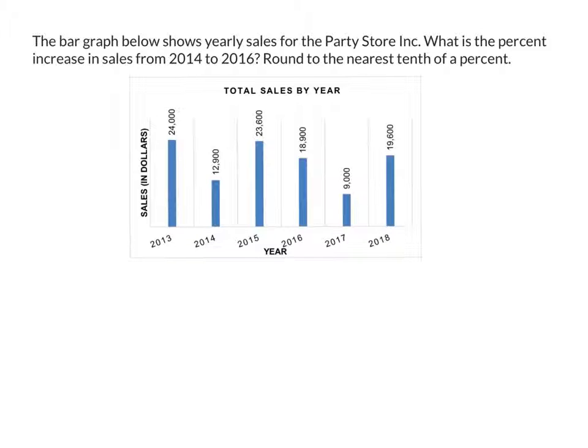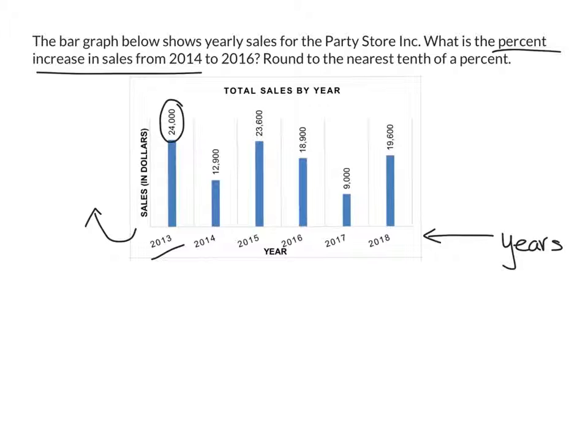Here we're given a bar graph, and notice the horizontal axis tells us the years, and the vertical axis tells us the amount of sales in dollars for each year. So for the year of 2013, the Party Store Incorporated made $24,000. We're asked to find the percent increase in sales from